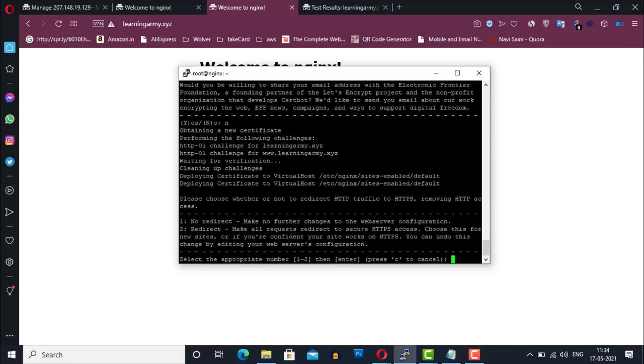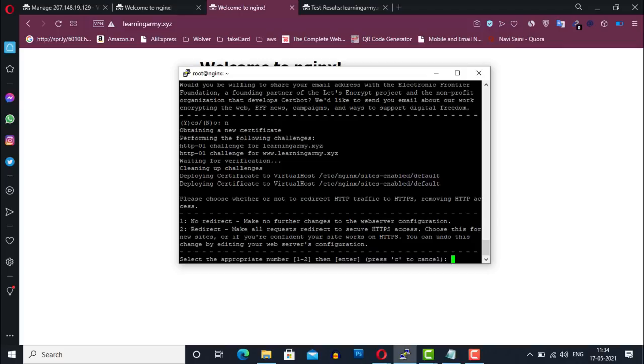Okay, now you will be prompted with a new question. Here it's asking whether you want to redirect your traffic to the HTTPS version or not. Now HTTPS is the secured version of HTTP and the SSL certificate works with the HTTPS protocol.